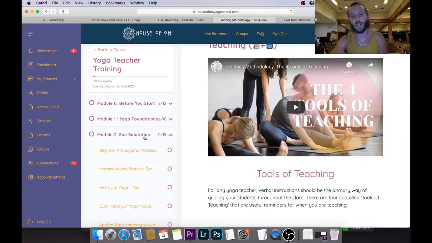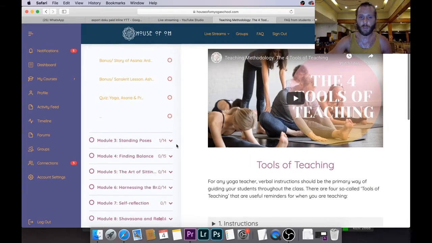Anyways, in the teaching practice, you receive instructions of what homework you need to do in that module. And usually these are things like, in the tools of teaching, you've learned to give instructions, and you will be asked to do a 10-minute video of you teaching a class and applying the tools of teaching. For example, giving the setup cues. And there you will be asked to film yourself